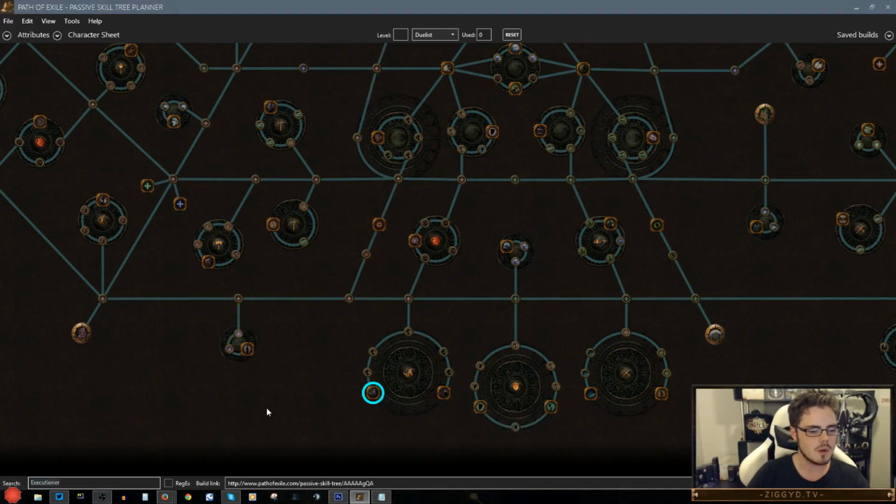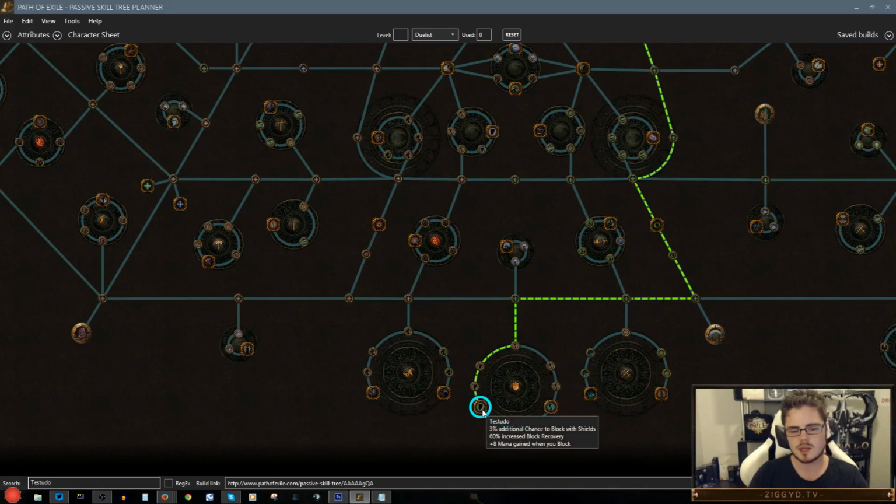Next up, we have Testudo, a shield node just next to it here, which has block and block recovery, but now it's got 8 mana gained on block. So essentially, this idea that you're blocking a lot, and as you're doing it, you're powering up, and then you get to take out the enemy. Thematically very cool, but this one's actually quite a bit of a build enabler, because 8 mana gained when you block, if you're playing a higher block stacking build, and although block was nerfed, you can still stack a lot of block. That's potentially the sort of thing that could solve your mana problems without you having to invest in other forms of mana,